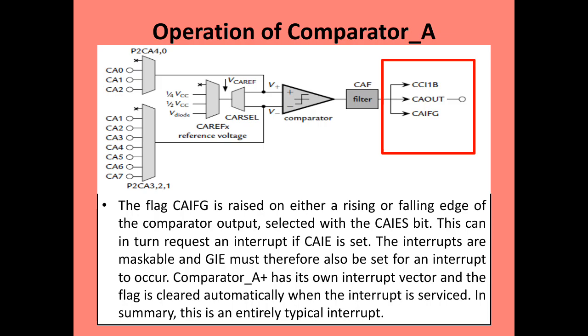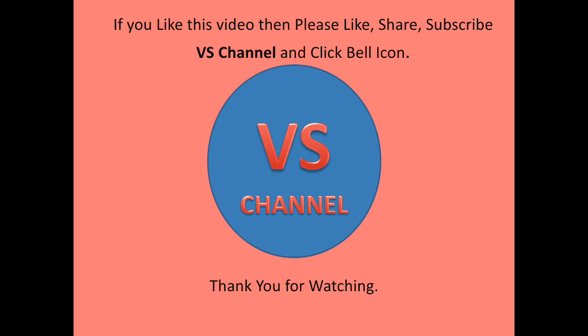And here this comparator compares the non-inverting with the inverting input. Based on that, it can provide outputs. We can use this for converting analog input information into digital information. And this video provides the required information about the conversion process of analog information to digital information by using a comparator.